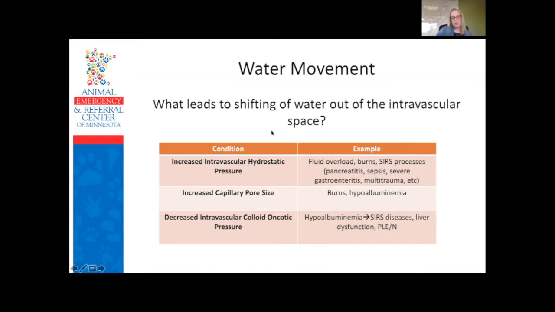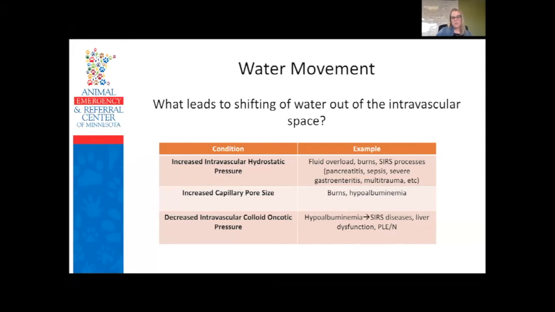And I think, for our clinical intents and purposes, we probably don't need to look at each patient and go, oh, you've got increased intravascular hydrostatic pressure. It's probably too nitpicky, but what we do need to recognize is, okay, my patient has a condition that could lead to fluid shifting. So when we're looking at conditions that could lead to increased intravascular hydrostatic pressure, these are things like fluid overload, the patient got too much fluid, burns, SIRS processes, so our pancreatitis, our sepsis, severe gastroenteritis, multi-trauma,